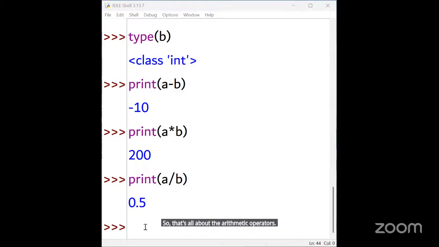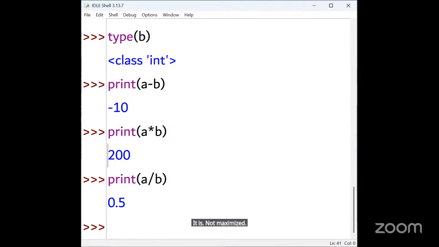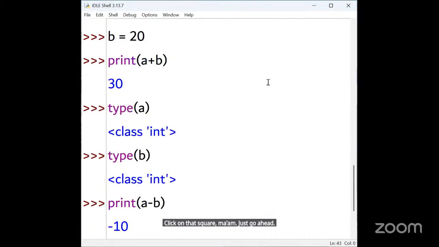So next we are, excuse me. Yes ma'am. Ma'am, please maximize the screen. It is not maximized. Click on that square, ma'am. Square button.